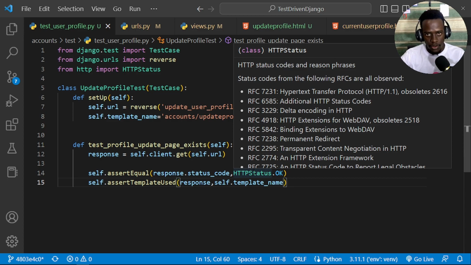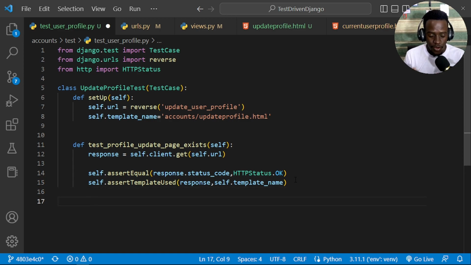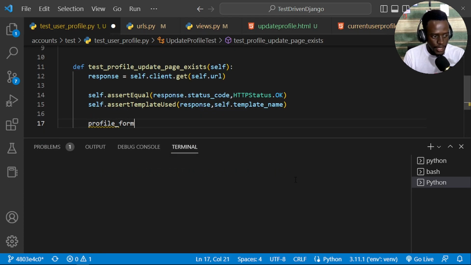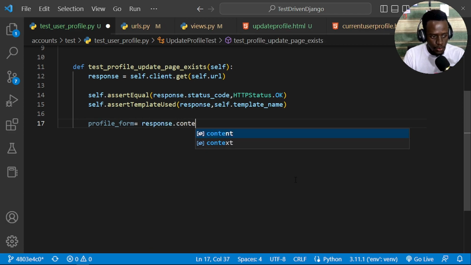So to check whether those exist, we're going to first write some other tests within our current tests that will help us do that. So I'm going to come right here, and all I have to do is first access both of the forms that we want within our context, which is provided by our response actually. First I'll check for the profile form, and this profile form is going to be equal to, so we're going to access that through our response context,